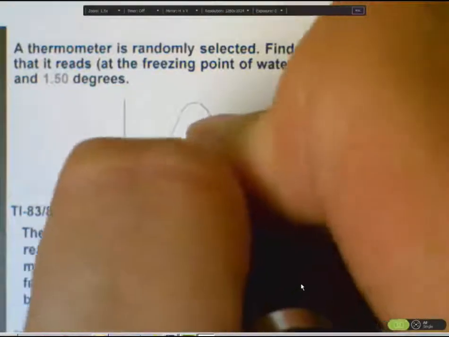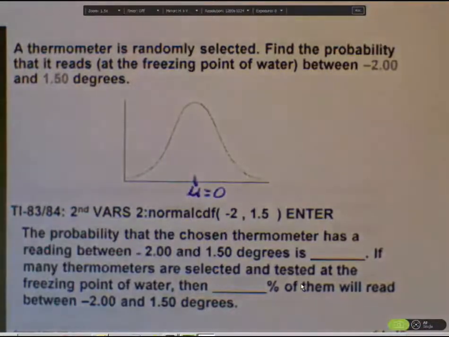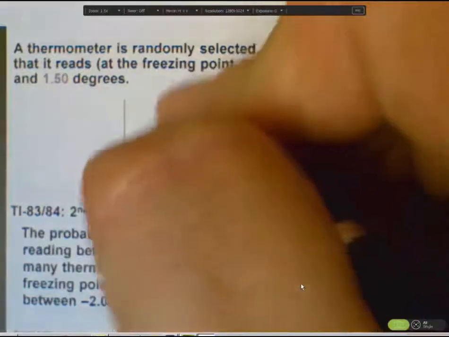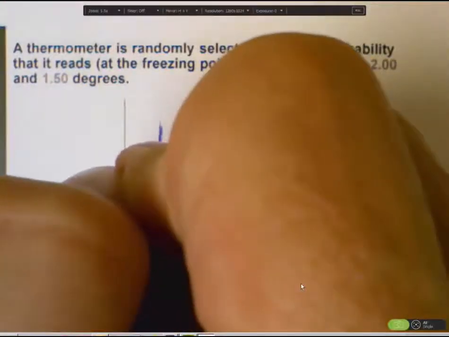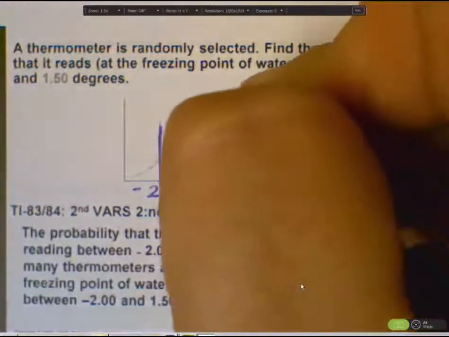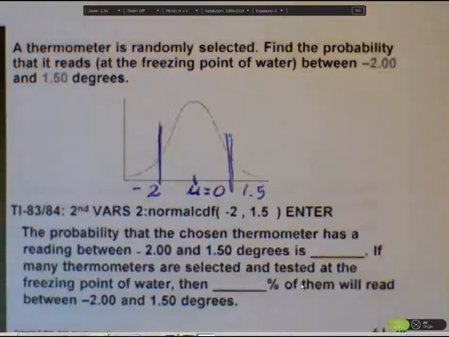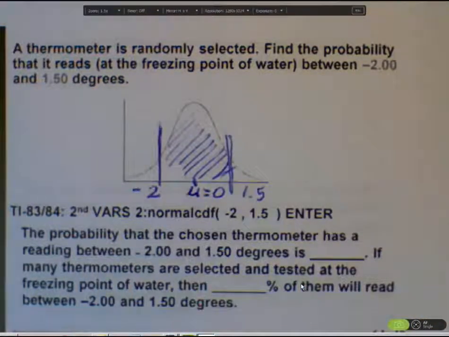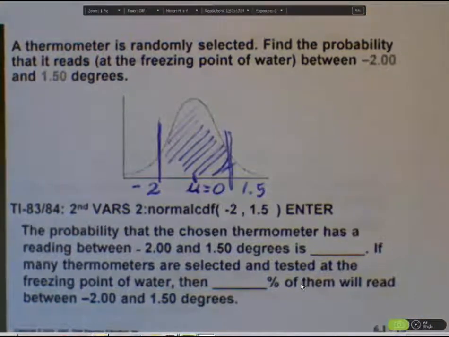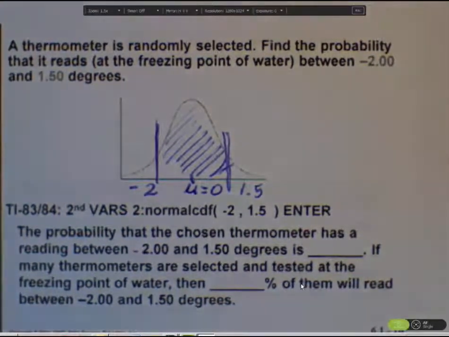Well, it's supposed to read 0 degrees, but anything man-made is going to be a little bit off. And so we want the probability that a randomly selected thermometer has a reading between -2 degrees and +1.5 degrees. We're looking for this area within the normal distribution. Since we're looking for an area, we're going to use the distribution button, which is right over our VARS button,